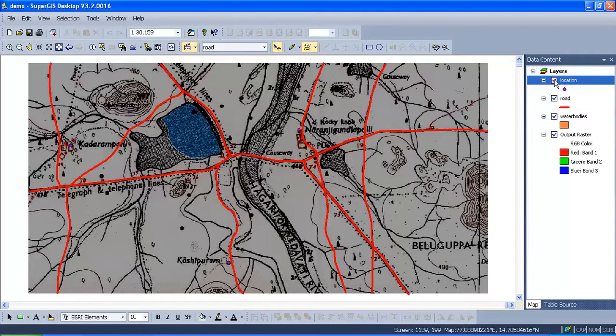So now we are left with the water bodies. First we need to digitize that, then later we have to give the attribute information. Now let us start with how to digitize the water bodies. Now you can see I'm going to digitize this. This is perennial and this is non-perennial. I need to digitize in such a way that the polygons have a common boundary over here. Now let us see how to digitize this.